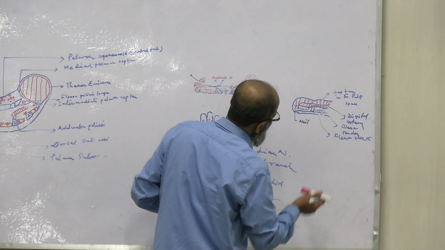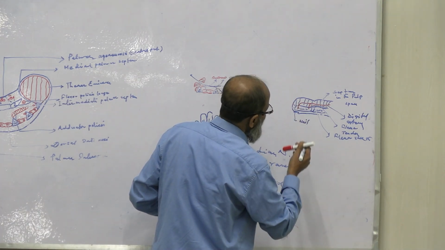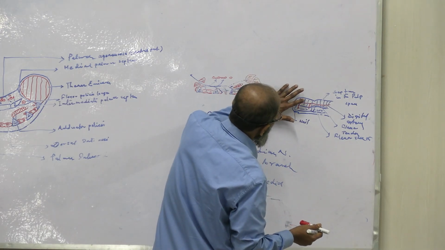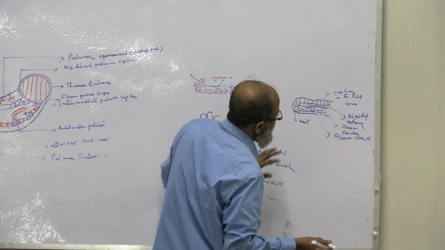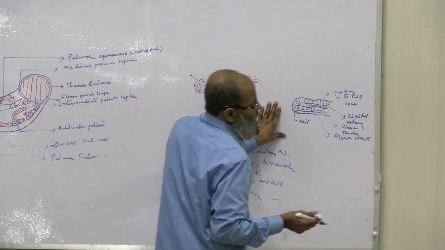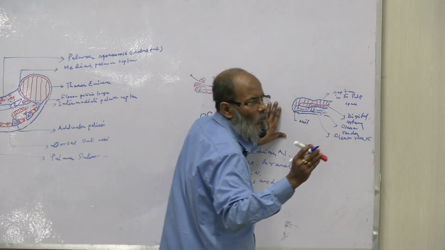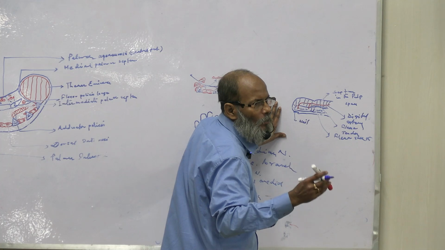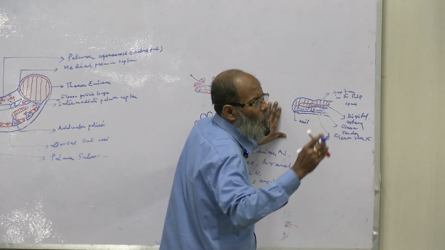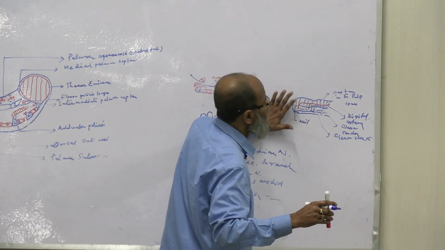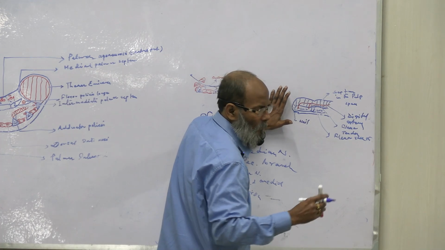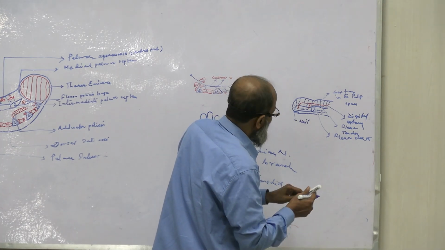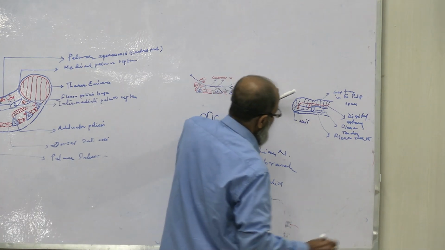This is the longitudinal view of the pulp space. The spaces in between the septum is the pulp space. When there is pus in the pulp space, there is throbbing pain due to the space being tight by the septum in the pulp space, right? And if you see in transverse section,